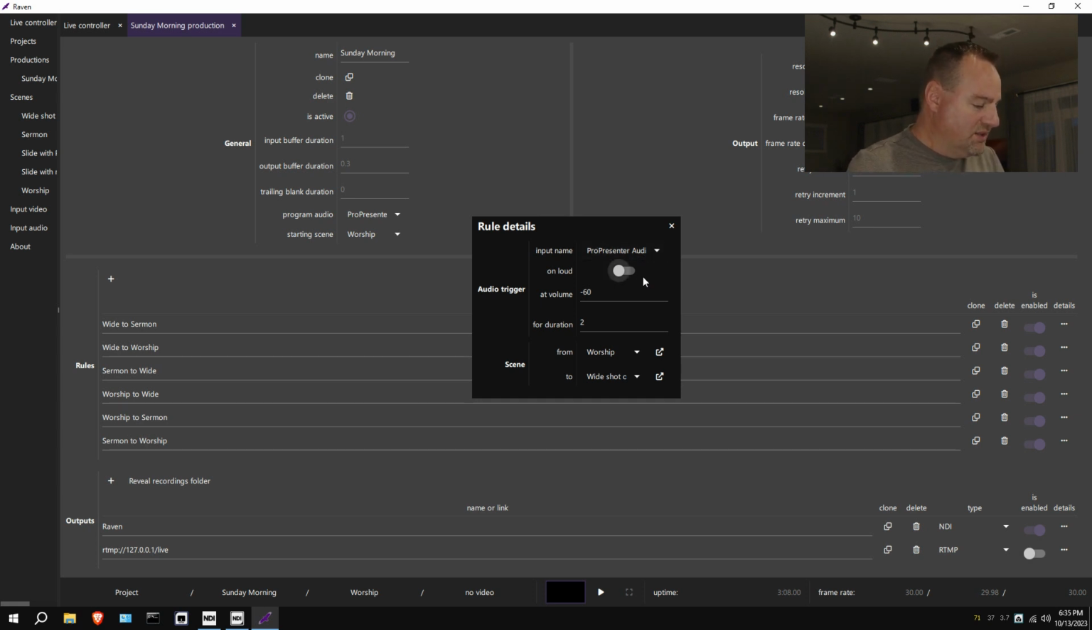So what I want is when Raven is on the worship scene and the band stops playing, then I want to automatically switch to the wide shot. So I've created the scene for the wide shot only, put 1 camera in it, and now I'm creating this rule. So Raven is going to listen to this input, the ProPresenter audio input,